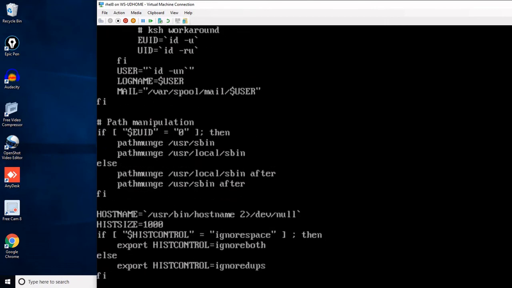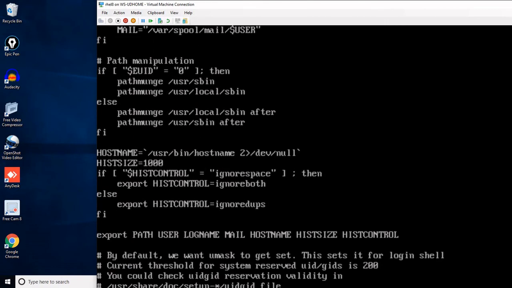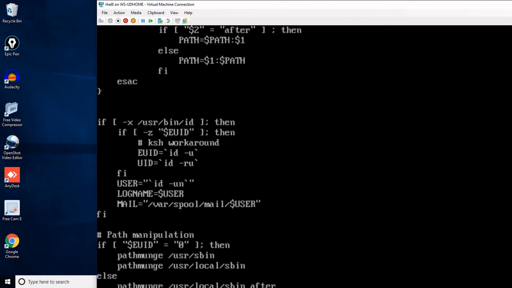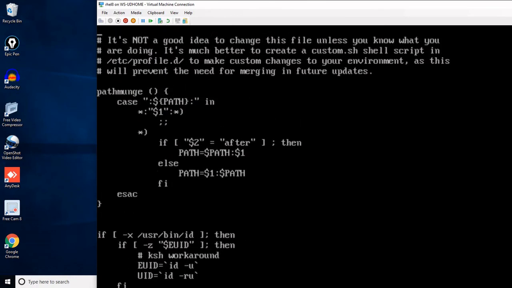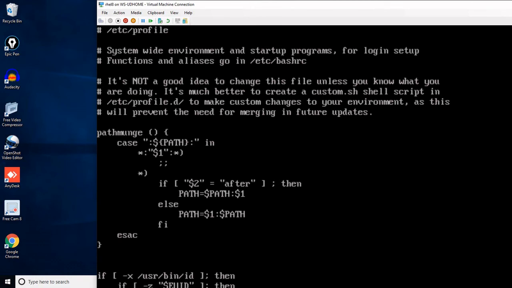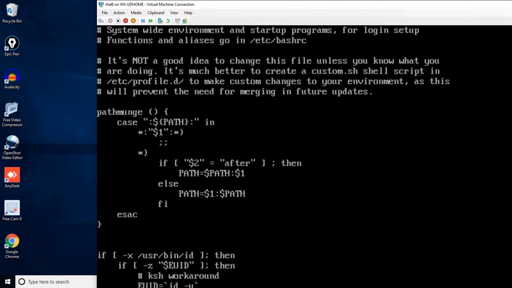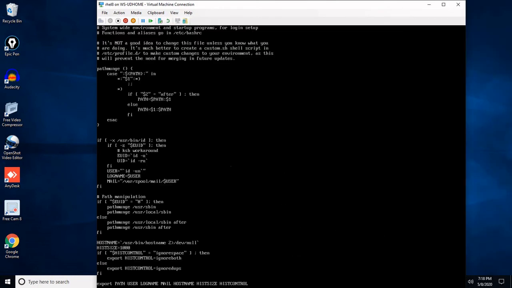Go to that particular word umask, then you can change the values. So we'll see where the umask value is. Escape, /umask. I'll zoom it in.